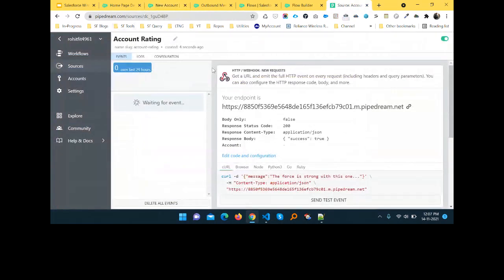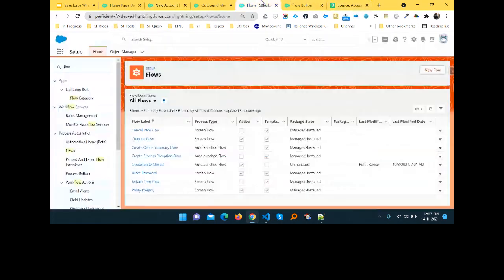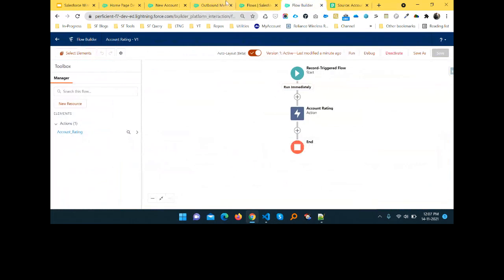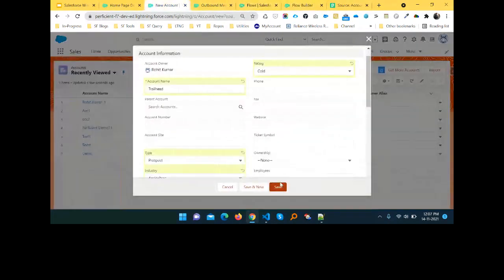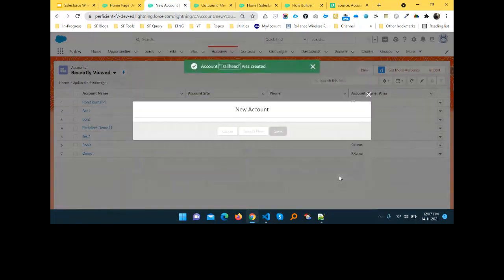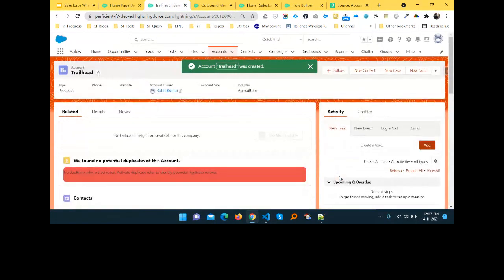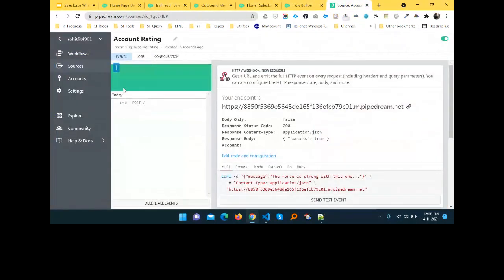Here you can see the endpoint checking website. And just here you can see this record, and you have to save this record. Just click save, and after this you can see my record is saved successfully. And after that you can see under the pipeline, one request came here, like this POST request today 12:07. Here you can see my time is 12:08, and this is 12:07.